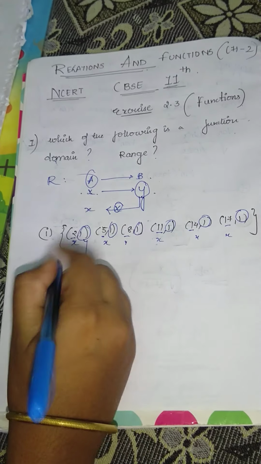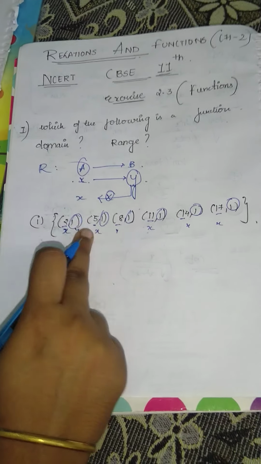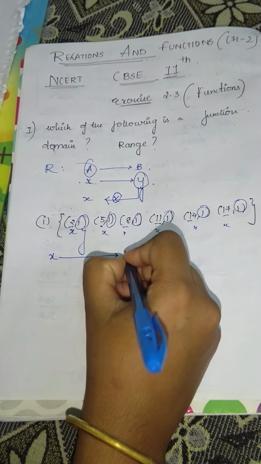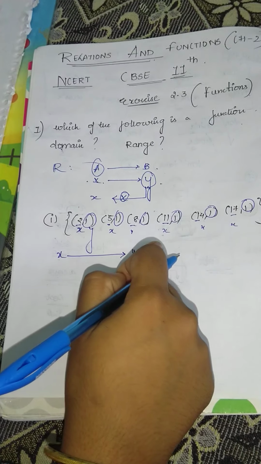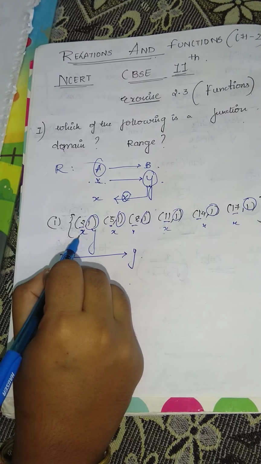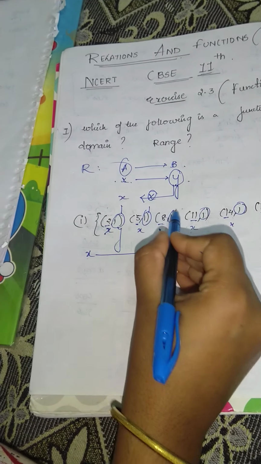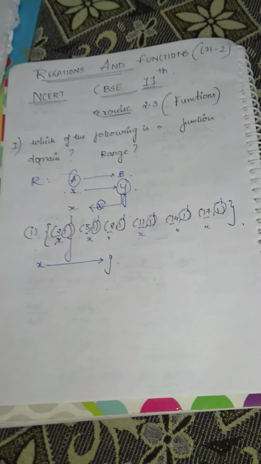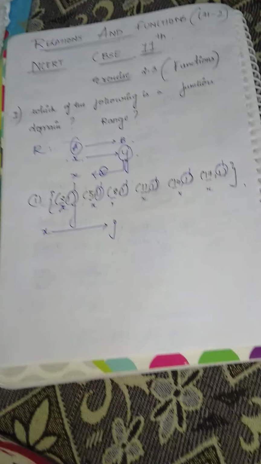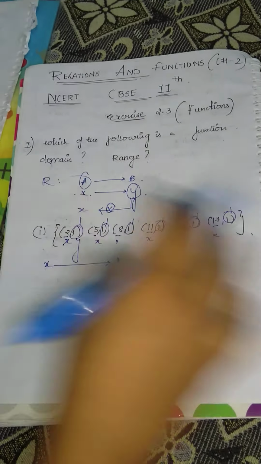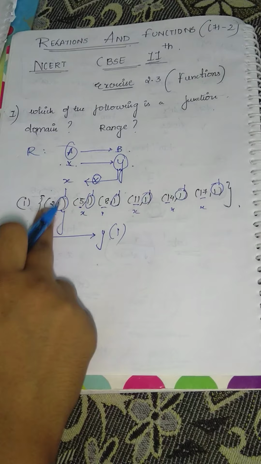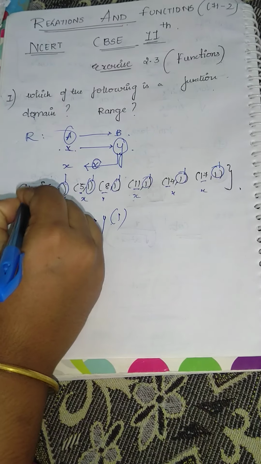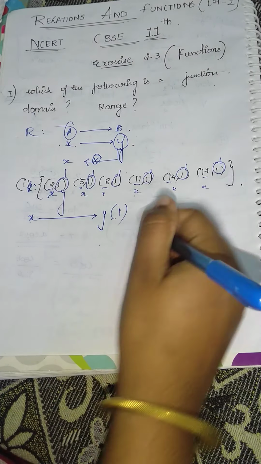So see here that every element of x, that is 2, 5, 8, 11, 14 and 17, is related to a unique element y. Why do I say it is a unique element? Because every element of x is related to 1, 1, 1, 1, 1 and 1, okay. So it is having a unique, a specific element. Unique means specific, a single element like y, that is going to be a 1 in this set, okay. And that's why we can say that this defined relation R is a function, okay.